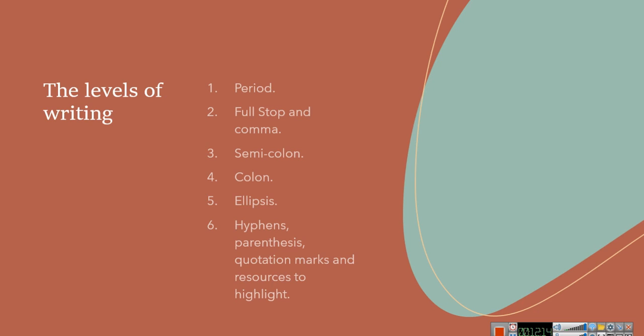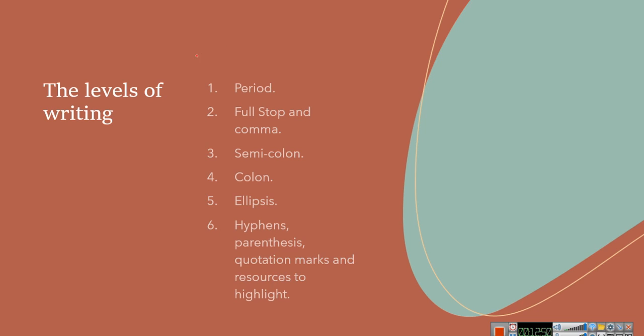Well, it turns out that in writing, we also have levels. You can be a 1-level writer, a 2-level writer, or a 6-level writer. How do we know about these levels? It is because of the usage of punctuation. Punctuation is extremely important because not only are you signaling stops and rests within your ideas, but you're also signaling how good of a writer you are.